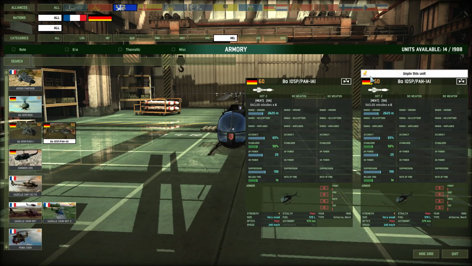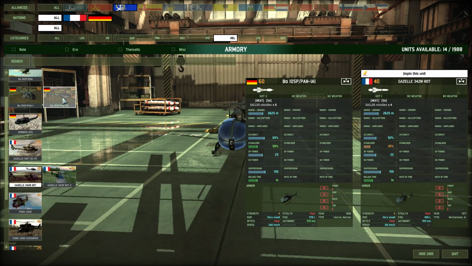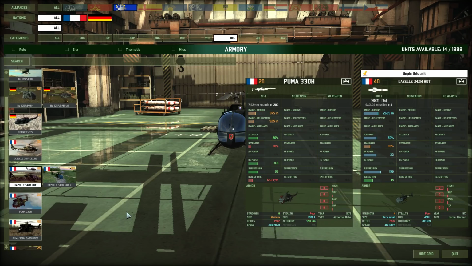Honestly, these pure ATGM helicopters, same with the Gazelles, they're a bit underrated because they're so cheap. Most notably, honestly, the 40-point Gazelle Hot. Obviously, it has less AP, less accuracy, but the Gazelles are also just faster. Obviously, only get 4 instead of 6, but it's not rare that they will die at the end. But